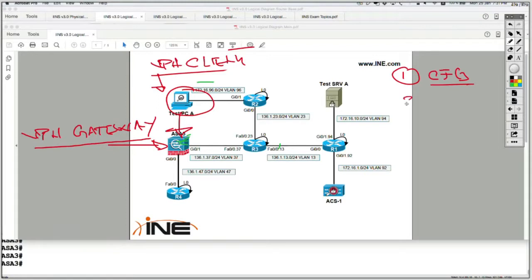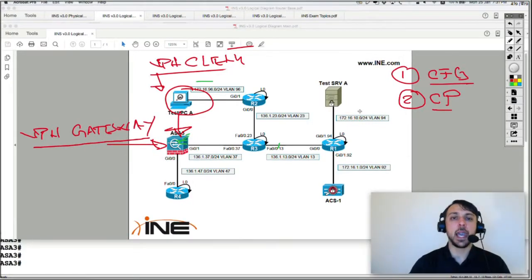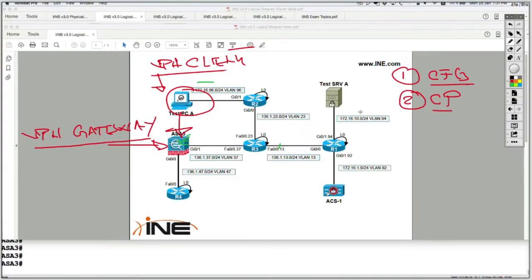Second, you gotta be able to investigate any kind of control plane issues. Maybe the VPN gateway, which is ASA3, receives the packet from the VPN client, but has some kind of control plane filtering, which basically drops the packet. It doesn't let the packet be processed by the ASA. So control plane issues can be in general at both the source and the destination,